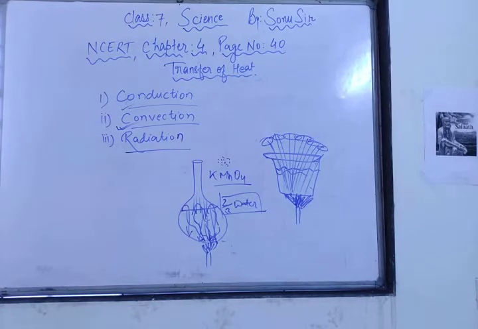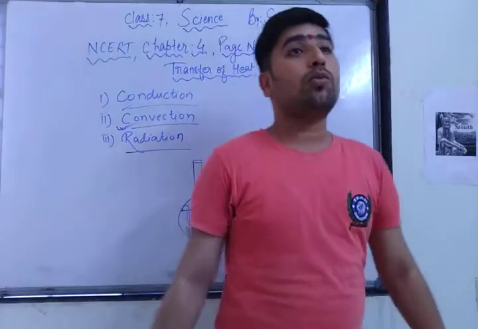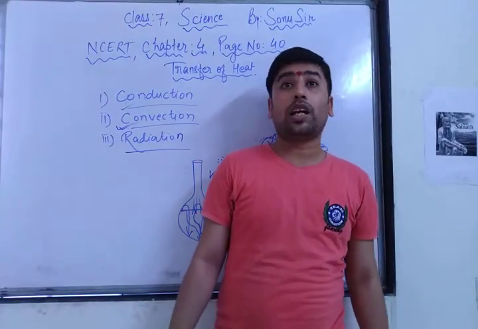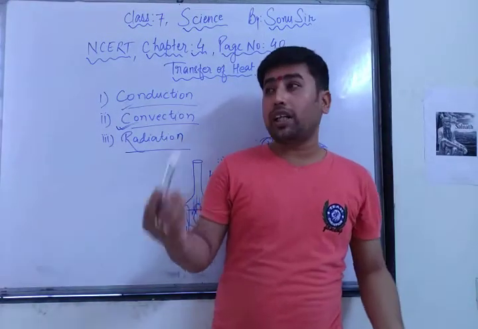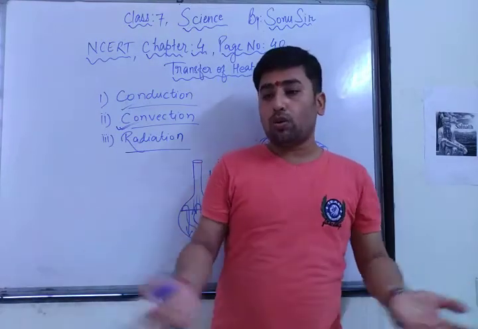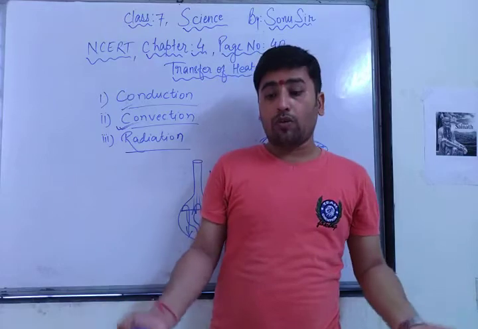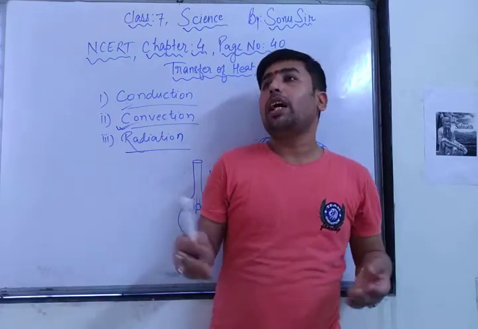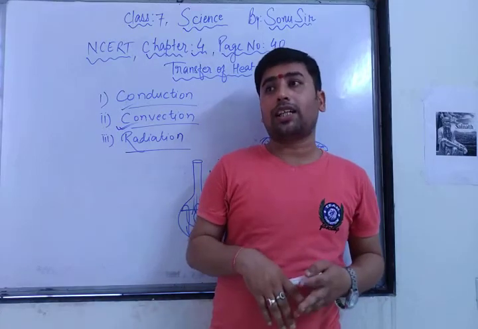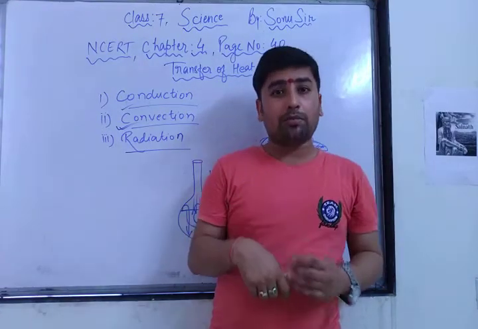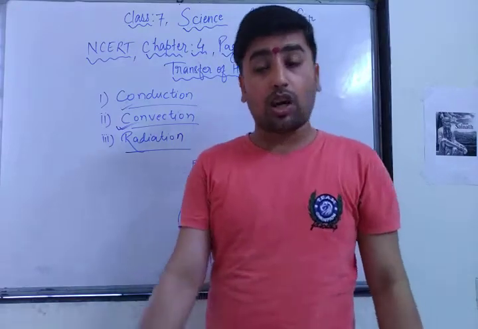Where does this heat travel in the air? Especially sometimes, whenever we are moving at 1 o'clock or 2 o'clock in the hot summer season, and we are riding a bicycle, we feel the hot air on our faces. Since hot air rises up as the whole earth is heated, this whole heated air will rise up. So if we are riding a bicycle, a motorbike, or a scooty, you will see the hot air coming near our feet because of the process of convection.